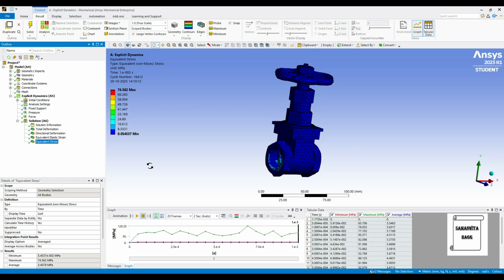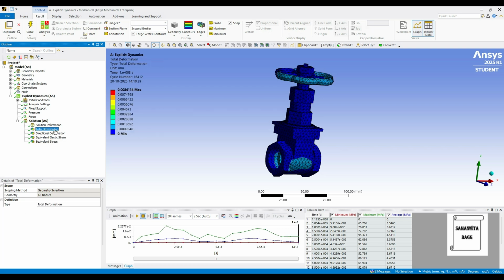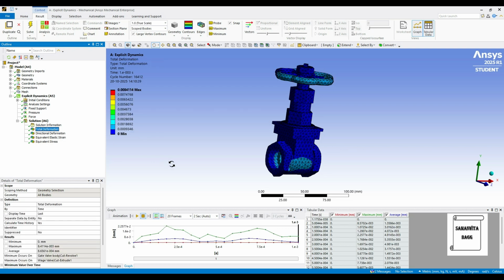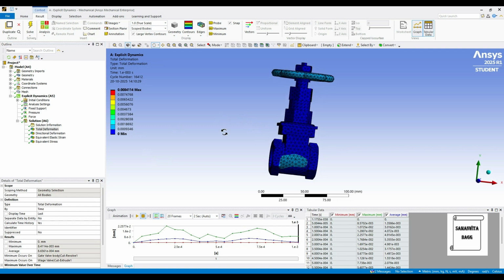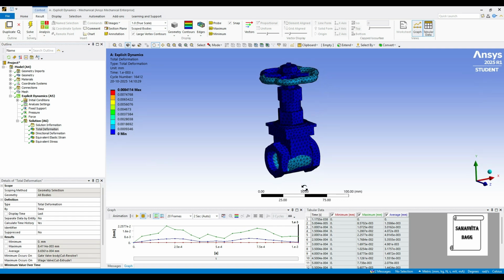So you can see that the stress generated for brass and bronze is more for the same value of pressure and force. But the value of deformation is going to vary. It is not going to be the same. So based on the value of deformation, stress, strain, you can decide which material you're supposed to use. Also, you need to decide based on the cost, because for bronze or brass, the value of material is going to be more as compared to stainless steel.